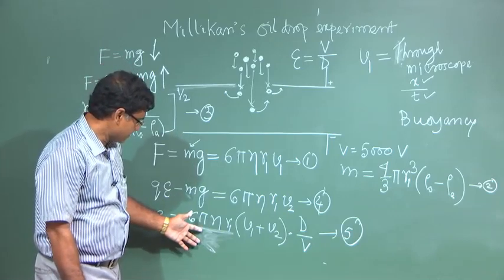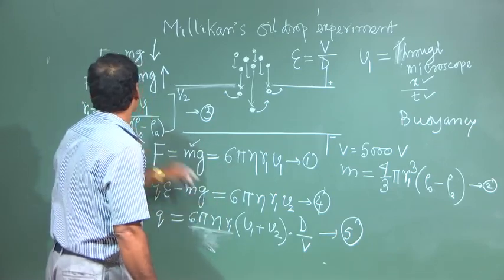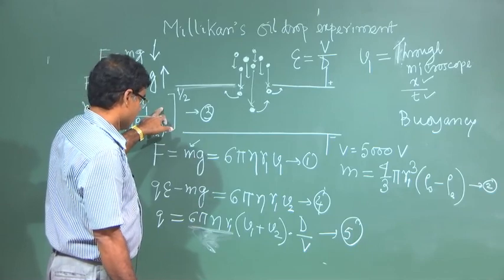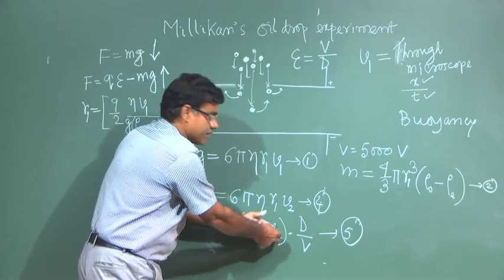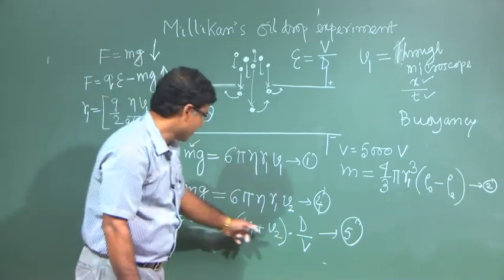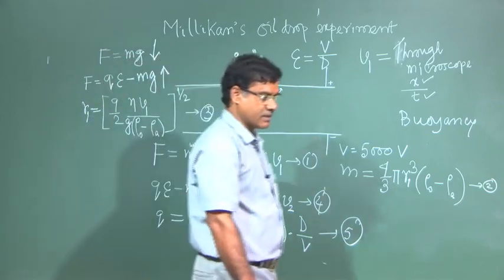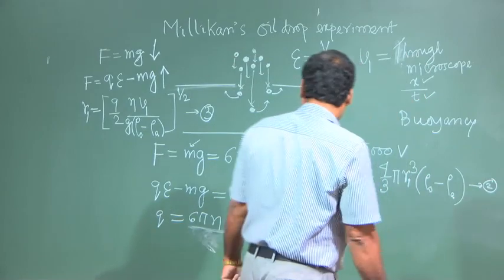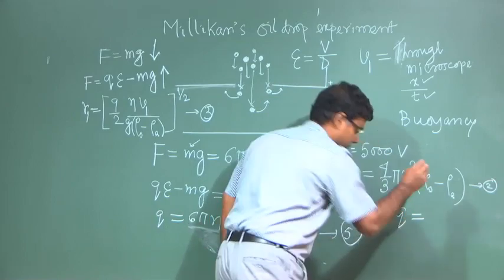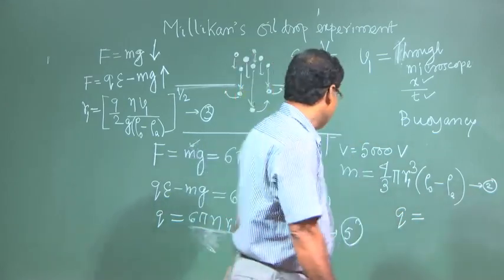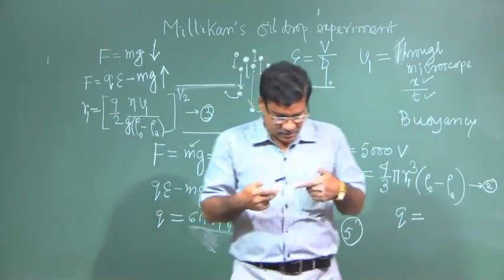In this expression, R1 is known in principle, and you can see everything is known except V1 and V2. If we know V1 and V2, then you will get the charge q. And he measured the charge